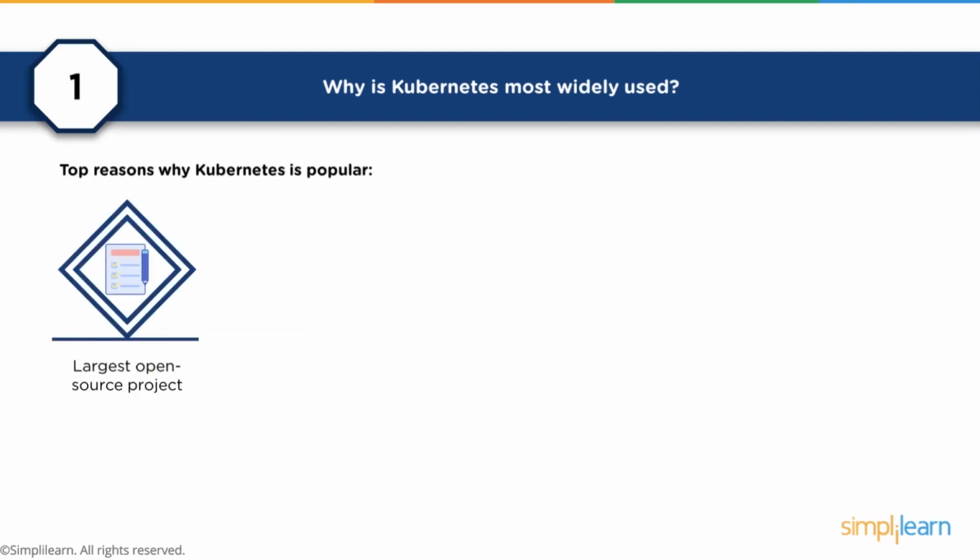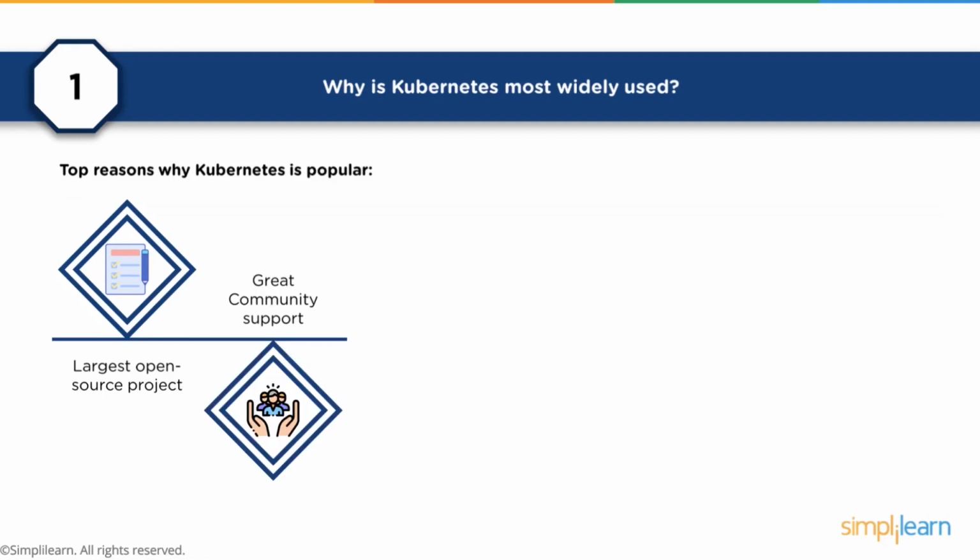Other key areas of why Kubernetes is popular is that Kubernetes is the single largest open source project out there. Since its launch in 2014, it's just grown in leaps and bounds. Around that project, there is just a huge community, both an online and physical community. There are just a large number of online groups that are supporting Kubernetes and allow you to get fast access to information. But in addition to that, there are also a lot of local meetup groups that cover specifically Kubernetes, whether as part of a DevOps group or as part of a dedicated Kubernetes group.